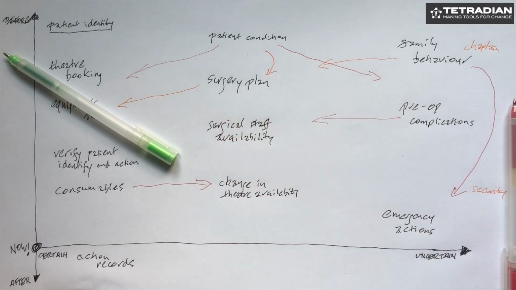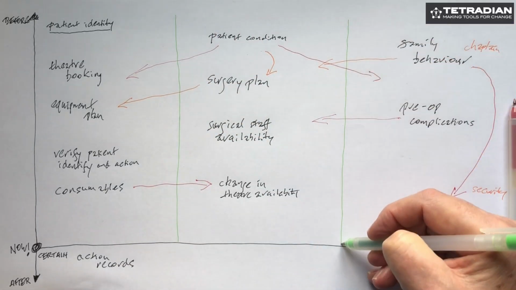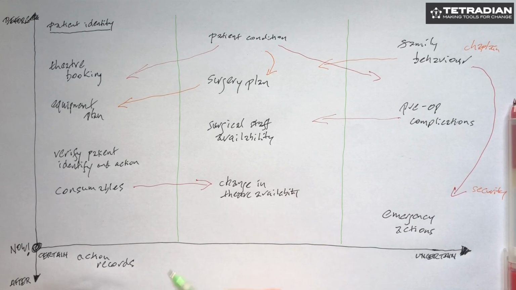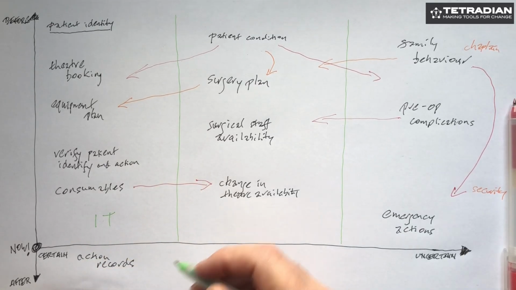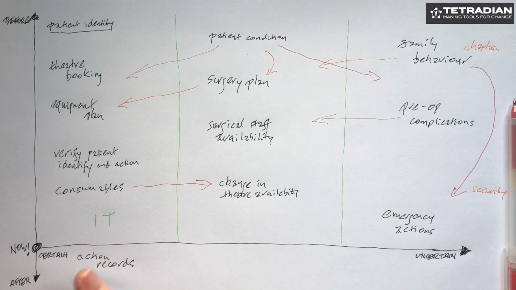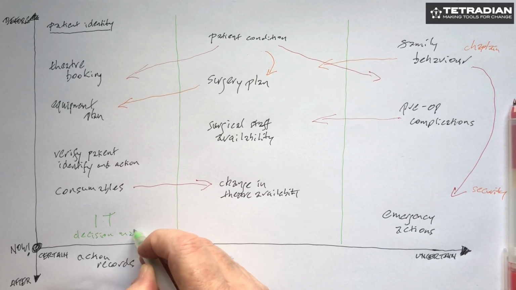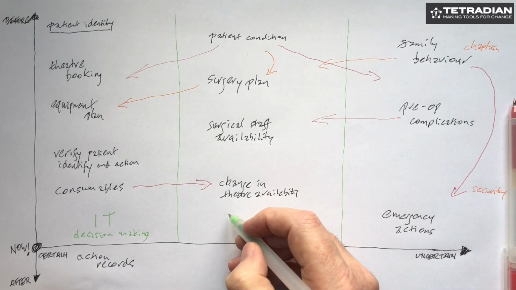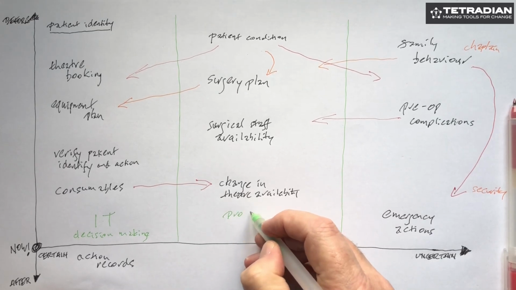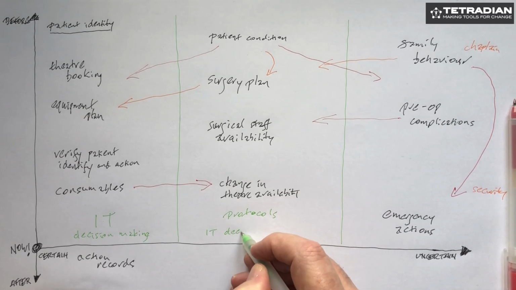But we can also see an important point here about how we can divide this quite simply, not just in terms of certainty, but of the tools we can use for certainty. Hence, for example, here we want IT. This is very much something that we want IT to do. The IT is going to be effectively doing the decision making. They're very simple decisions in most cases about identity, but they're essential decisions. Here we have protocols that deal with uncertainty, and the role of IT is IT decision support, not decision making.